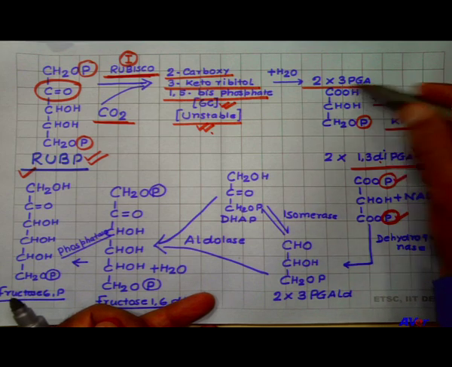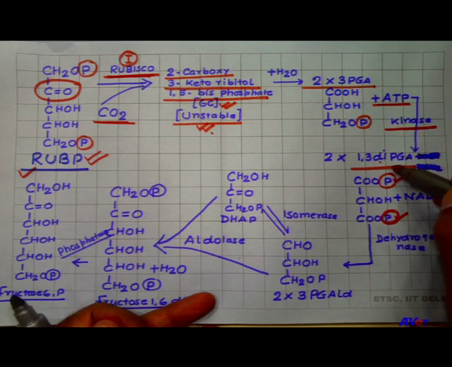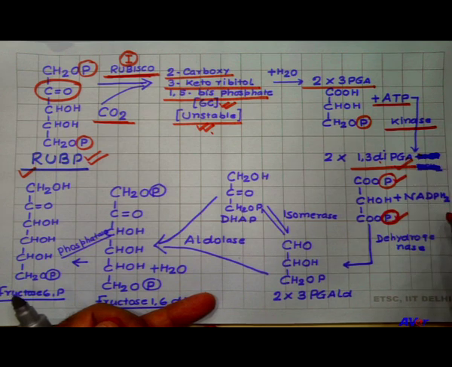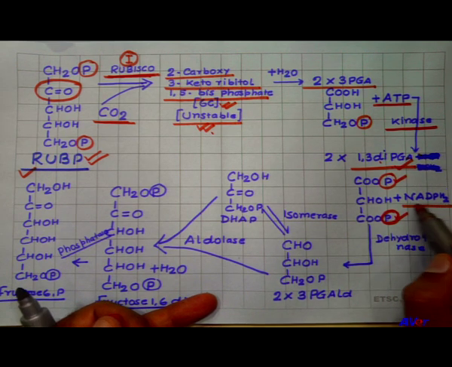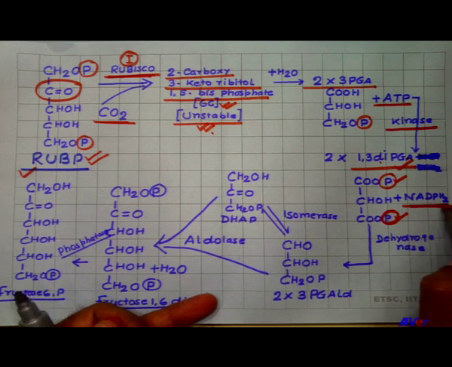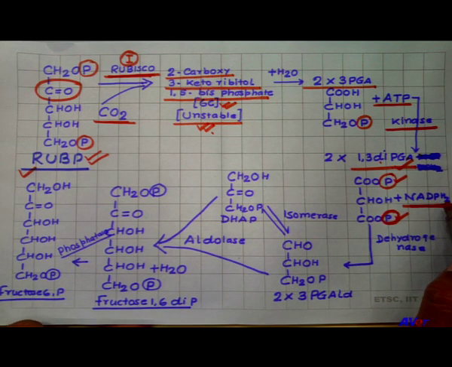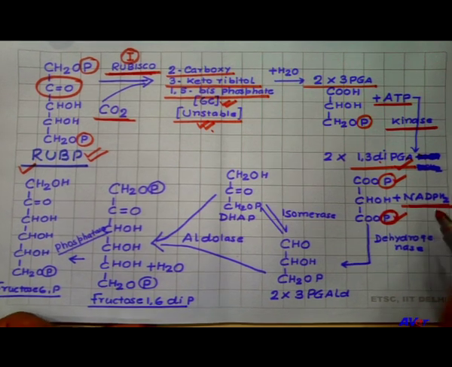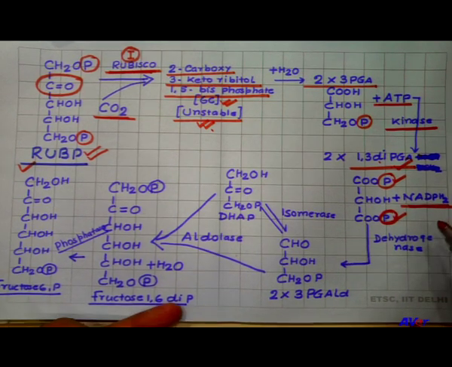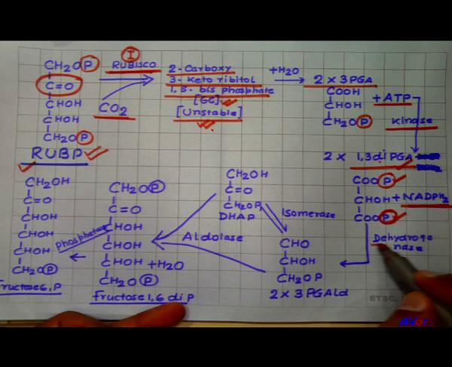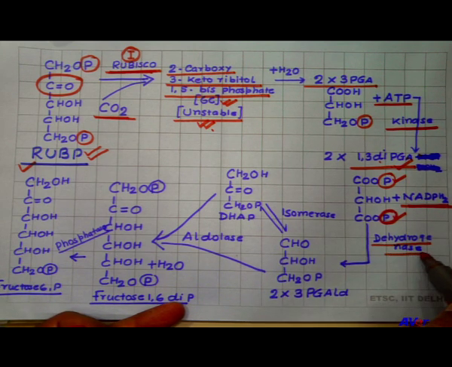This 3-PGA is converted into 1,3-diPGA, and here NADPH2 is used. When NADPH2 is used, that means the reaction is a hydrogenation reaction and the enzyme is dehydrogenase,